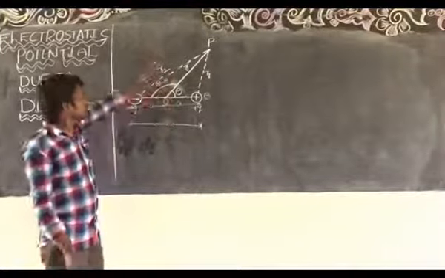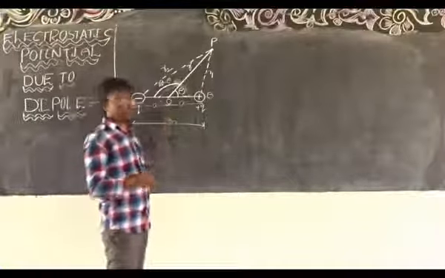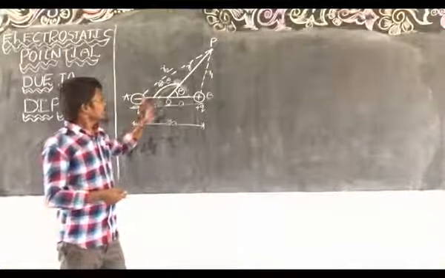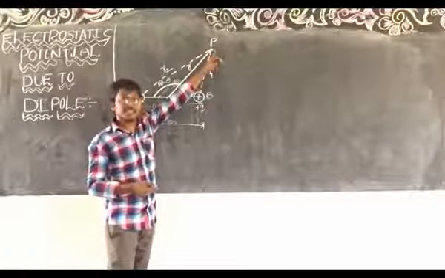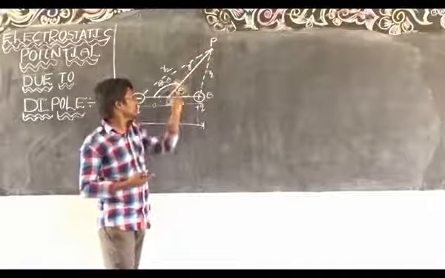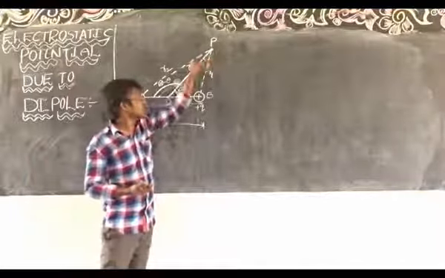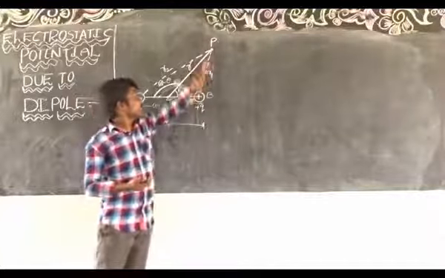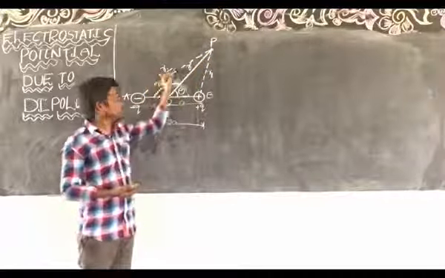This is the total explanation about the diagram. First we consider one dipole. This dipole has two equal and opposite charges, and the distance between them is 2a. Let P be a point placed somewhere in the space at a distance r from the midpoint of the dipole. From this point I am drawing two imaginary lines to the two charges. The distance between P and B is R1. The distance between P and A is R2.